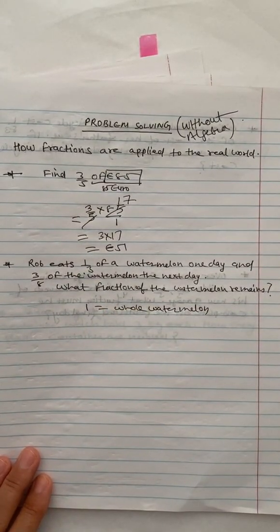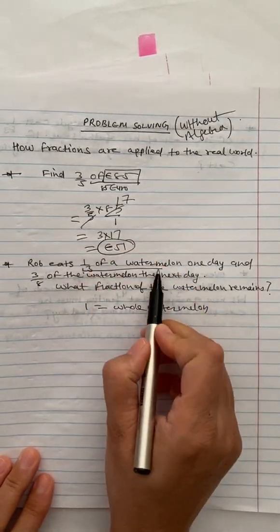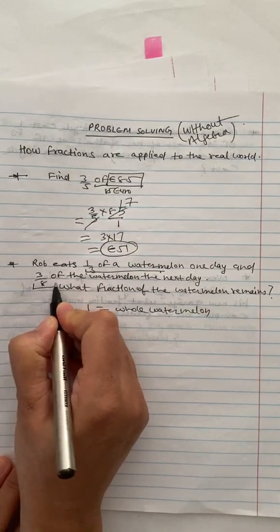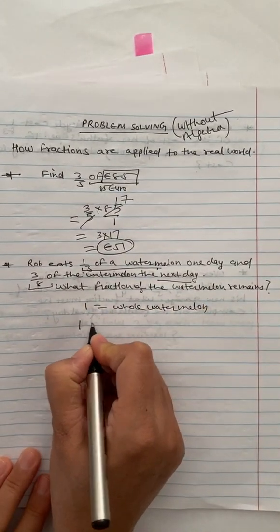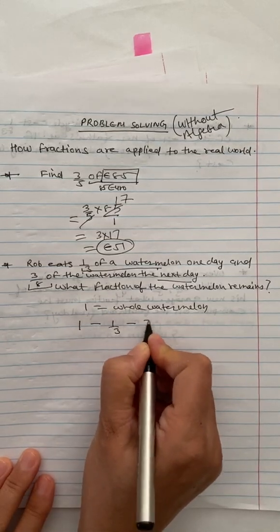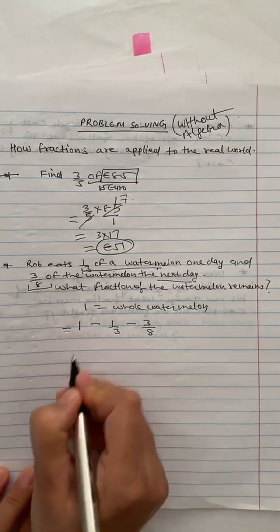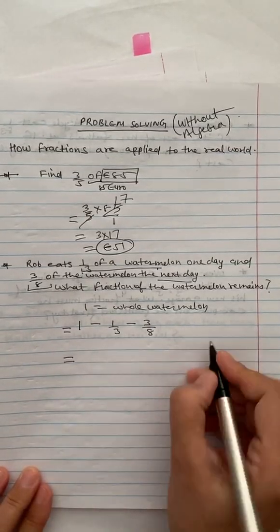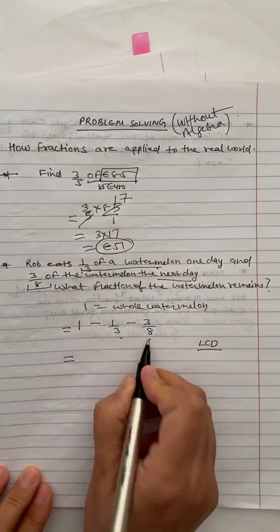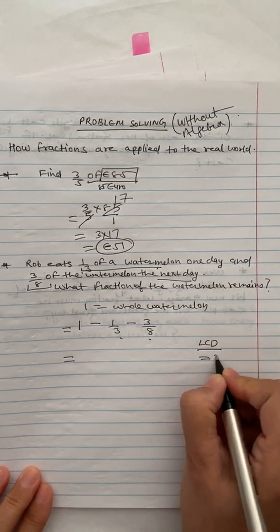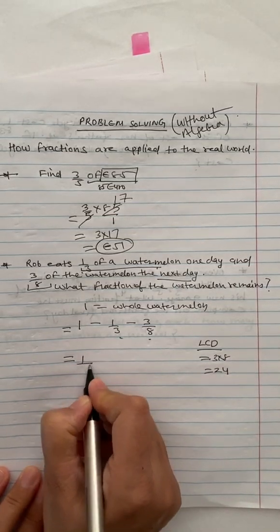Which means he already ate 1/3. So 1/3 of the watermelon he ate the first day and 3/8 on the next day, which means the remaining is going to be 1 minus 1/3 minus 3/8. Now we need to find out how much is left. Now what we need to do is find the least common denominator here. And as we can see, for 3 and 8, the least common denominator is going to be 3 times 8, which is equal to 24. So I'm going to change everything into